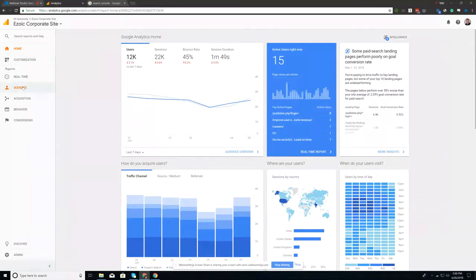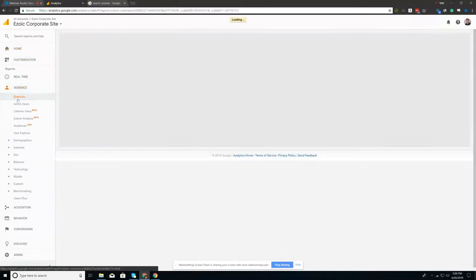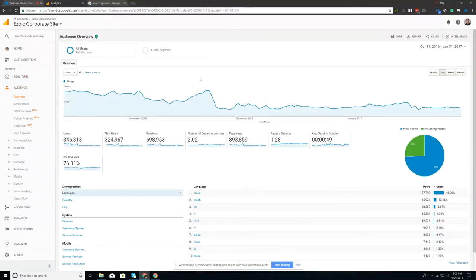One of the very first steps that I'm going to take here is I'm going to go into Audience. I'm going to click Overview. So you can see here, I've selected a date range where I have created a traffic drop here. So I can see here that I've got a traffic drop. This is between October and December. And I can see right here, right around November 21st, traffic seems to really fall off a cliff here and